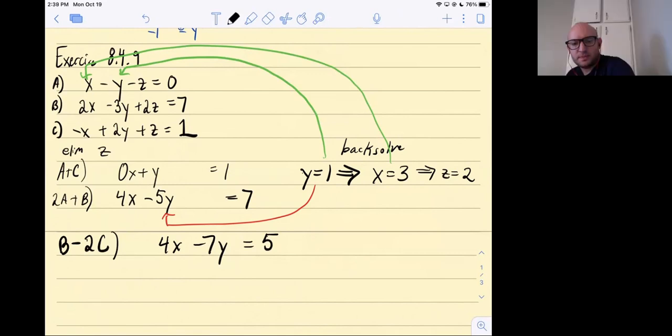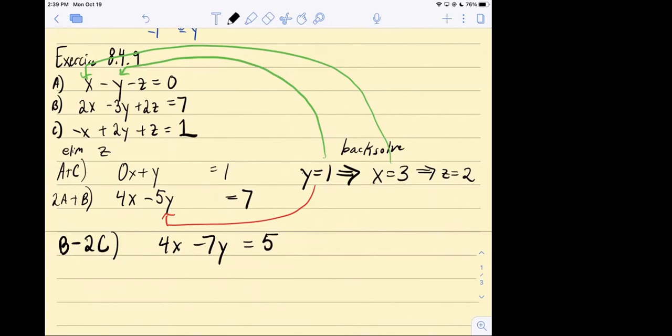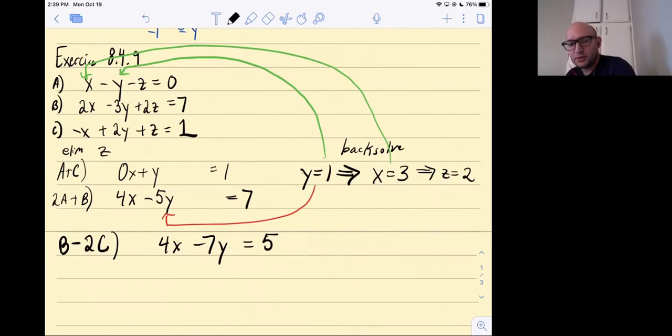Does that look okay? Yeah, I don't know where I messed up. These problems are tough because you make a mistake, like instead of 4x, you write 6x by accident, and it will throw everything off. So that's why at the end,